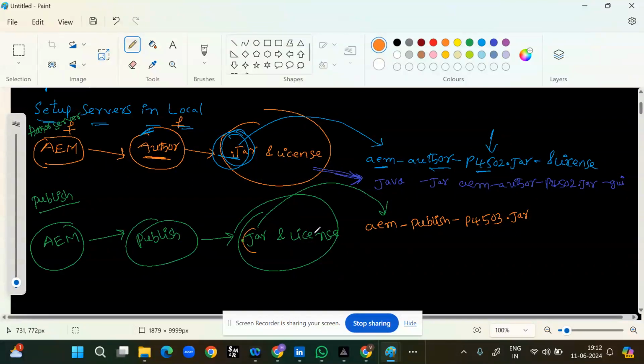Here the thing is, you should keep in mind, you should rename like this. And then if you want you can use the command. The command should be like this: wherever the file is, at that place you can open command prompt, and you can give the command java -jar, the same name,